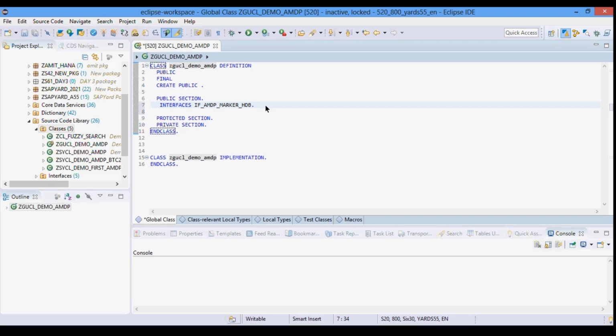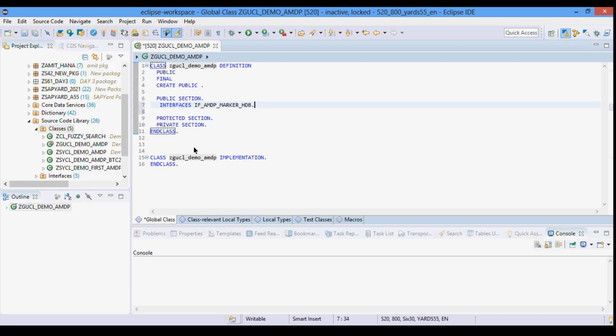I will show you. The third important point is that those parameters must be either of table types or scalar types. Whenever you define any parameter of a method, it has to be either a scalar type or a table type. That means you cannot define a parameter of, let's say, a structure type or a dictionary structure type. They are not allowed. Nested tables or deep entities are also not allowed.